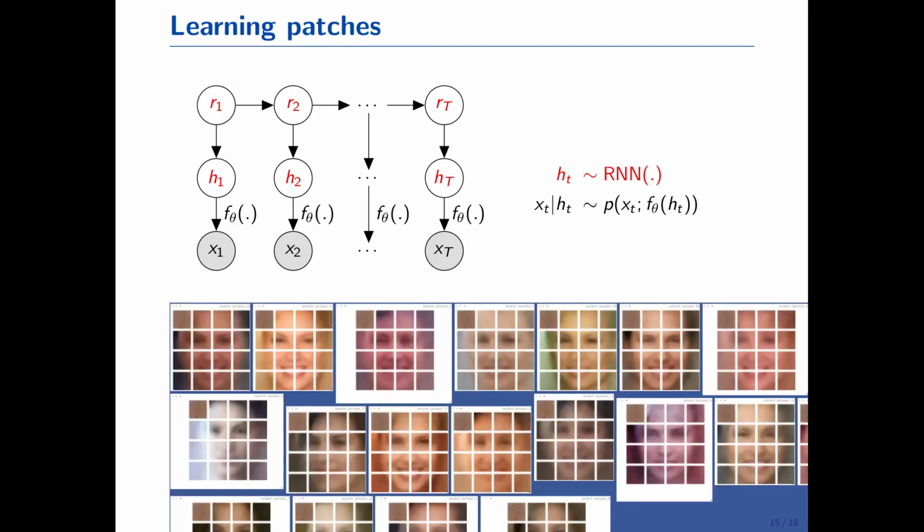And similar to the HMM case, if you want to incorporate an RNN to, for instance, learn a distribution between image patches, we can very easily do that. We implemented that on patches on the CelebA dataset, and as we can see, we are able to capture the distribution of human faces.